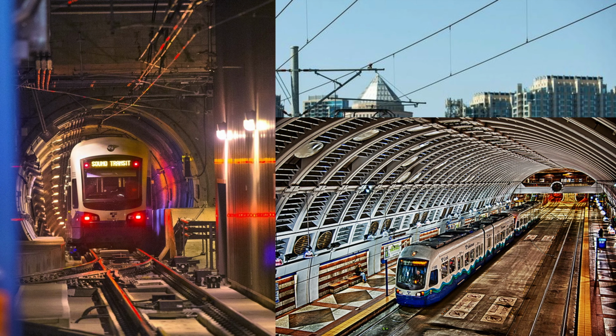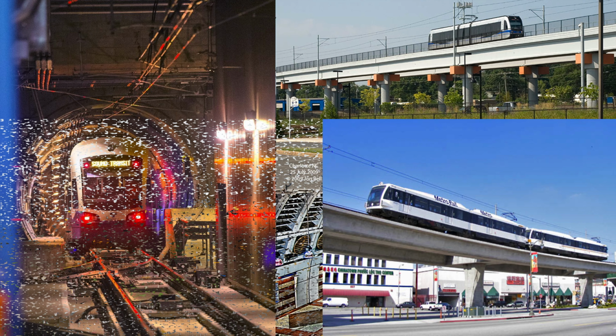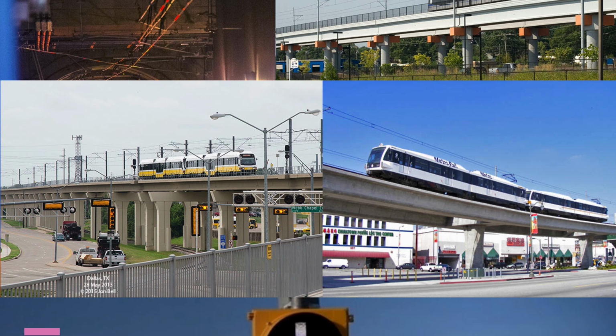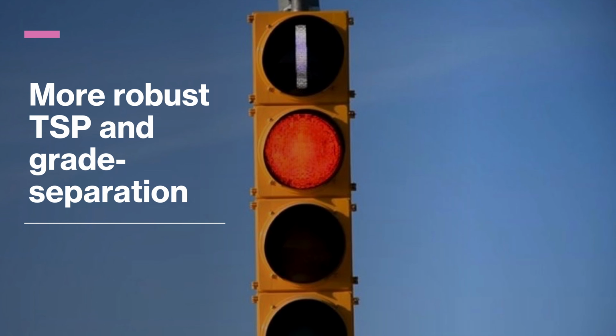with the station clearly being patterned off of the Washington Metro in D.C. Or what's much more often the case are dedicated viaducts, like you can see here in Charlotte, St. Louis, and Dallas, where the light rail takes extended elevated alignments, usually to get them over major roads or intersections or points of congestion. Light rail is also different from streetcars in that it usually has more robust transit signal